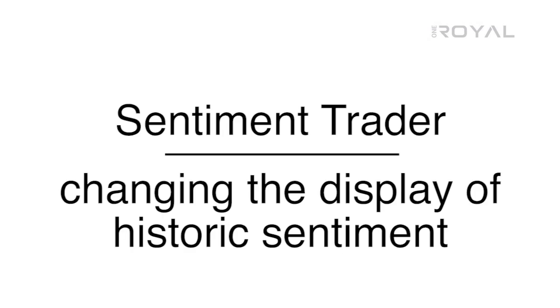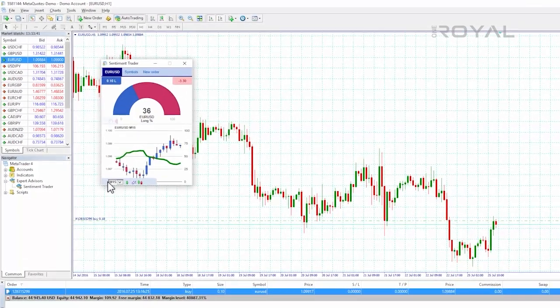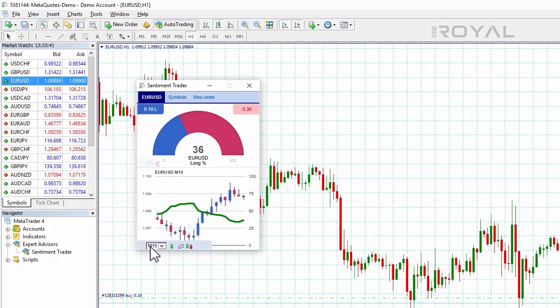Changing the display of historic sentiment. The way that historic sentiment is displayed can also be changed using a pop-up bar in the bottom left of the chart. Here we can choose the time frame for the historic chart, for example M5, M15 or H1, and